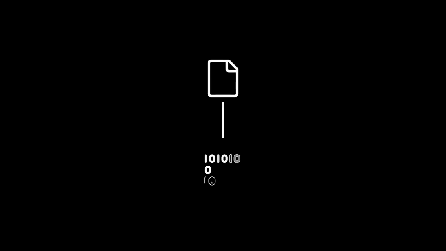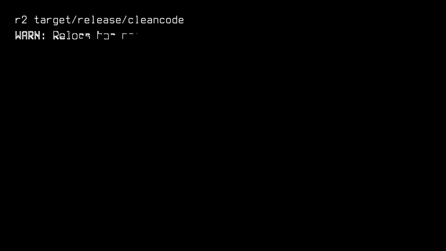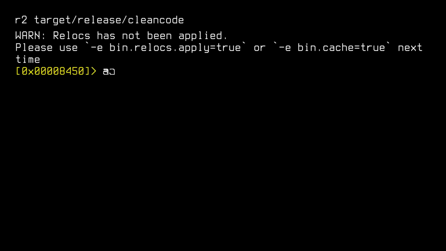To investigate, we'll look at the resulting binaries under a decompiler, which will allow us to see the exact machine instructions the compiler generates for our code. I'll be using Radare2 on my x86-64 machine. If you're following along on a different architecture, your mileage may vary. We run the mnemonic aaa to analyze all functions.